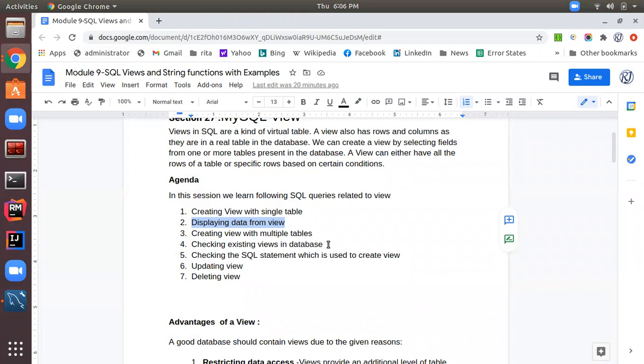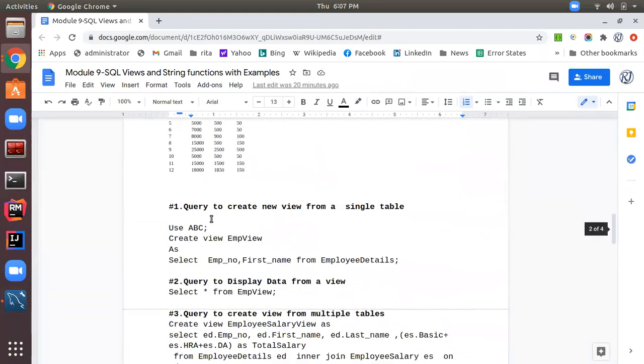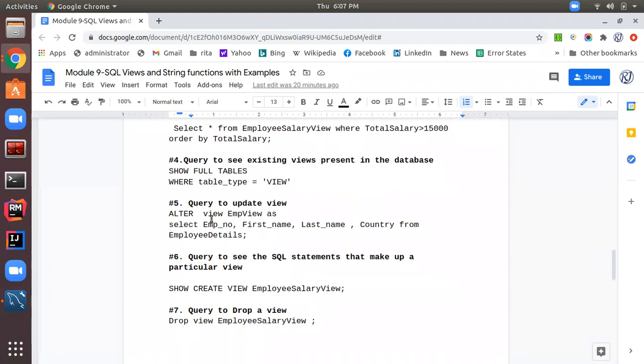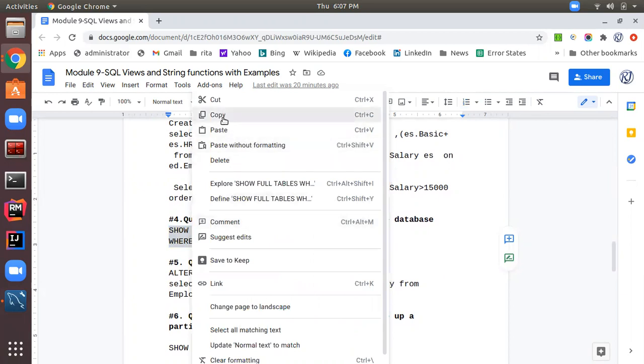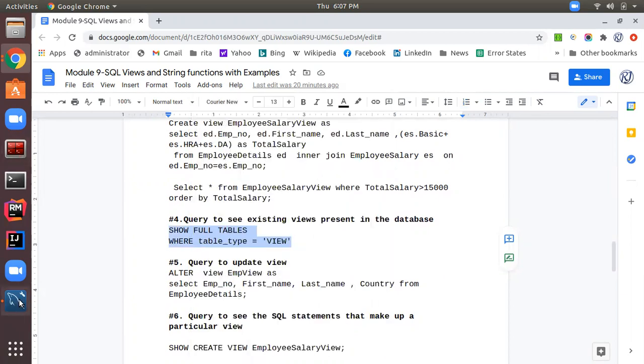Now, checking the existing views in the database. Up till now we have created two views. Now we want to check how many views are present. For that we can give the command: show full tables where table type is equal to view.